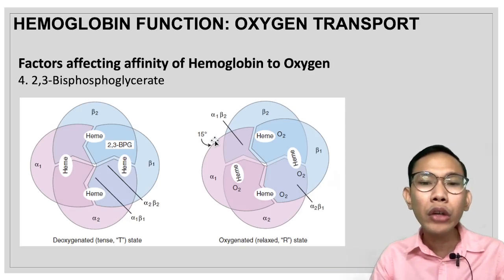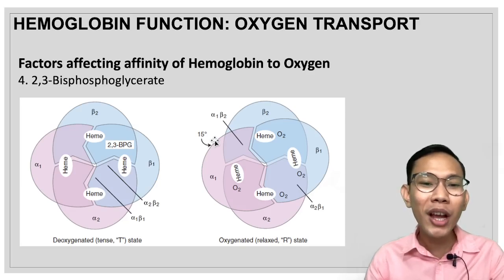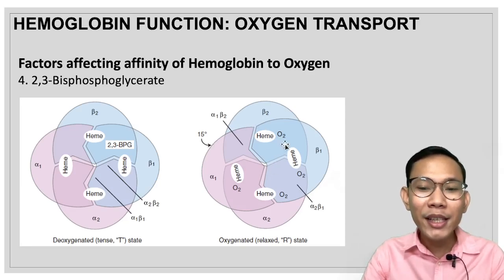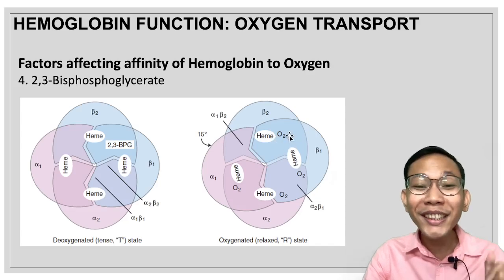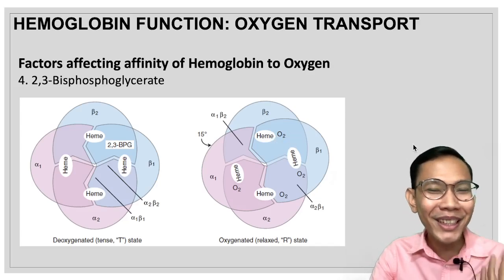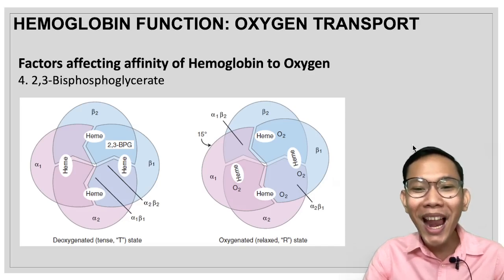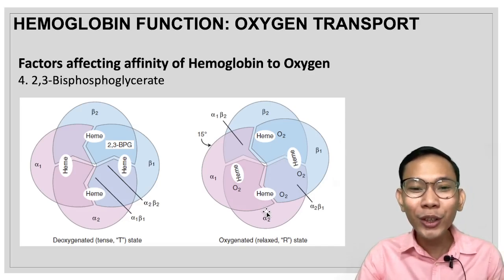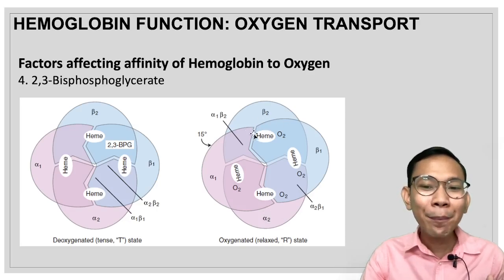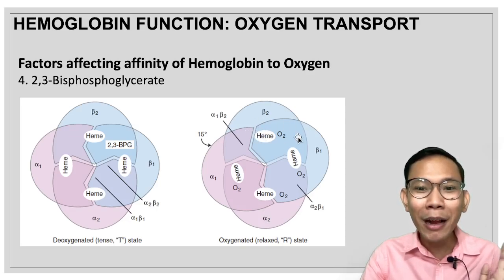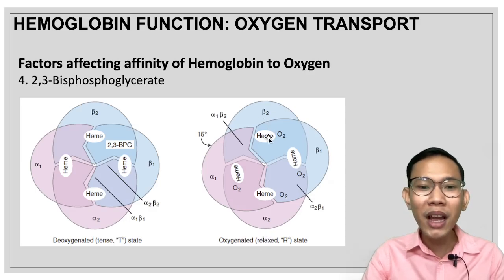Now, one way for me to remember is the mnemonics of Dr. Ian. I will still never forget it. It's been a while, pero naalala ko pa rin, so I'll just share with you. Sabi niya, yung heme and oxygen ay parang mag-asawa sila. Partner sila, couple sila, and they are in a relaxed state. Kasi nga, mag-asawa sila. However, si 2,3-BPG is actually